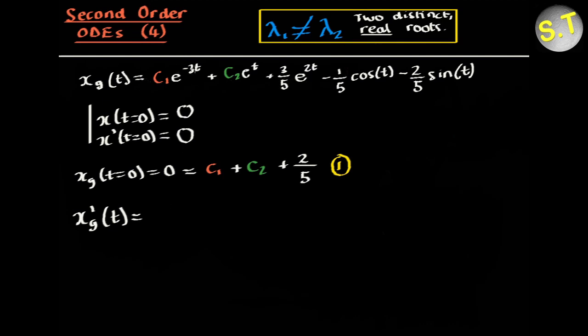So this would give us minus 3 times c1 e to the minus 3t, so that would be minus 3 c1 e to the minus 3t, plus 1 times c2, which is just c2, e to the t, because the derivative of t with respect to t is just 1,